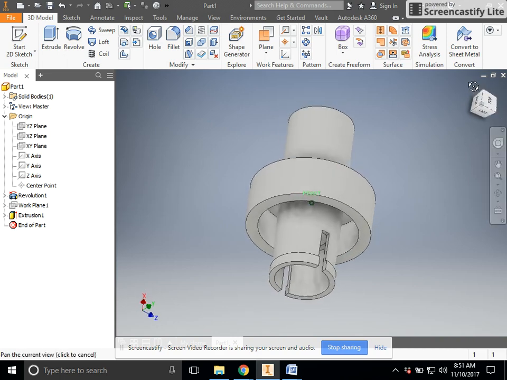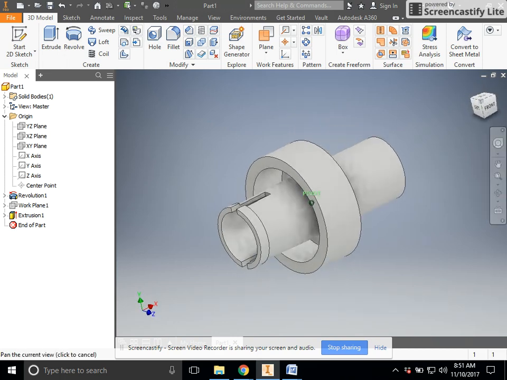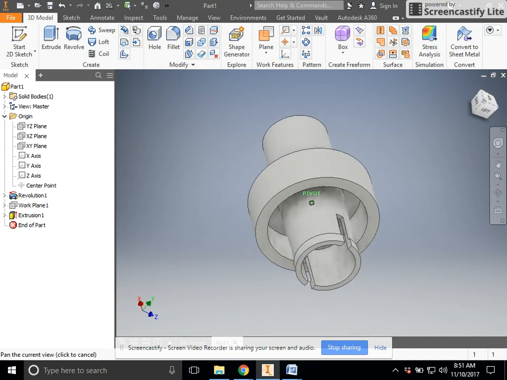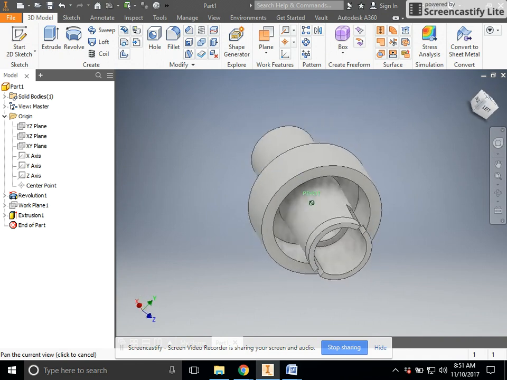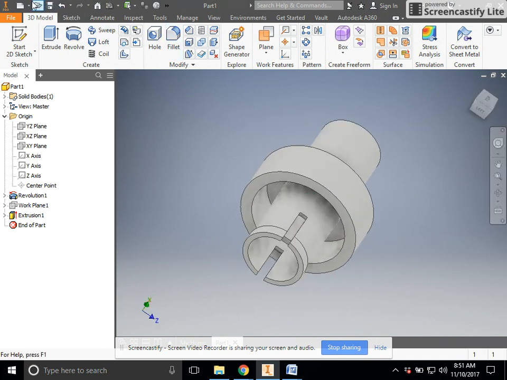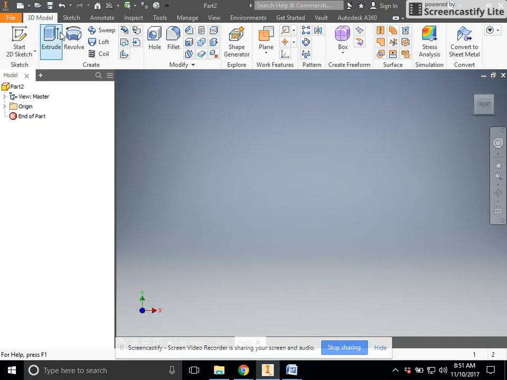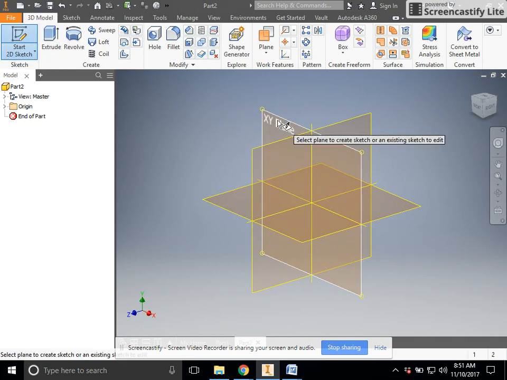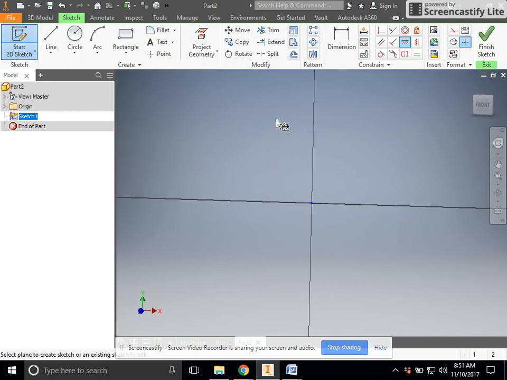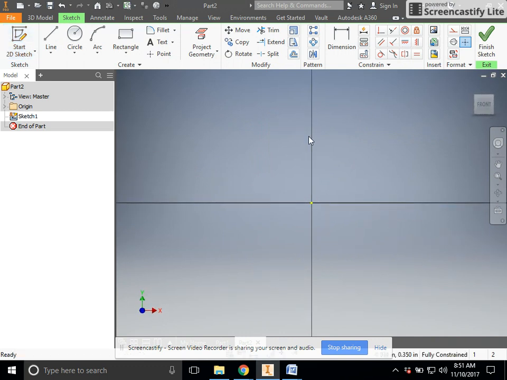Okay, this is my second attempt at sharing how to create the new Automoblox axle for the IED curriculum. I'm going to do new part, new sketch. I always like to start in the XY plane, but of course it doesn't matter. And so I'm going to just start drawing the half of the profile of this axle as given in the